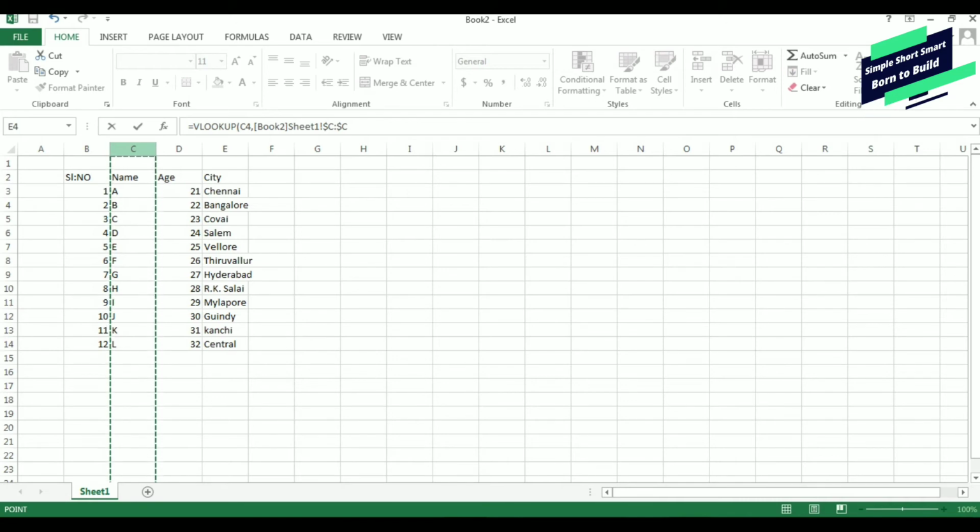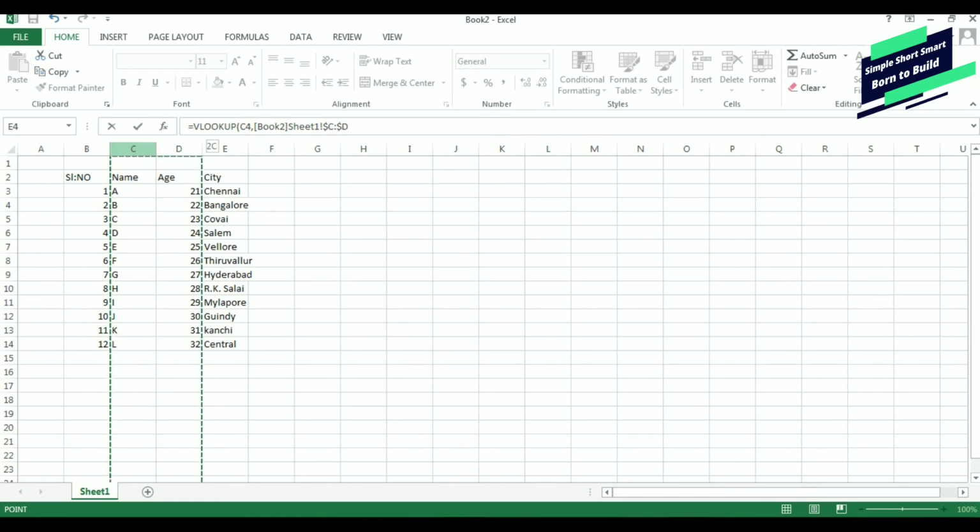If you make it the B column, it will not compare the details and you will not get the output of VLOOKUP. So A is there and A is also here. So we need to click the C column. The C column is the first column, and you have to bring the city details from here to sheet 1.